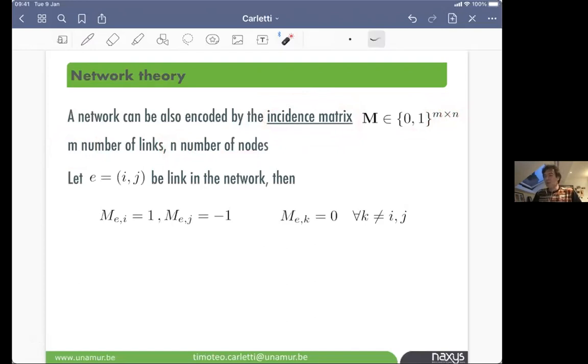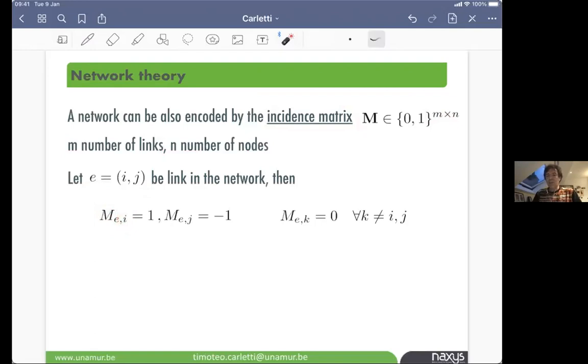The incidence matrix is in principle a rectangular matrix of size m times n, where you enumerate the matrix elements using as one index a link, E, and as a second index a node. And so if your link is ij, then you have the element